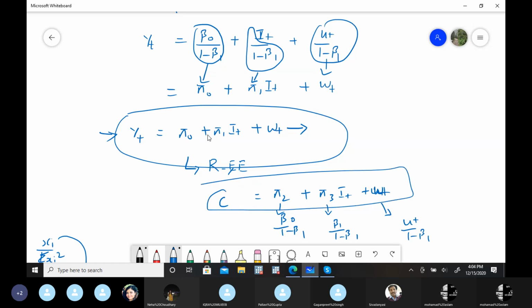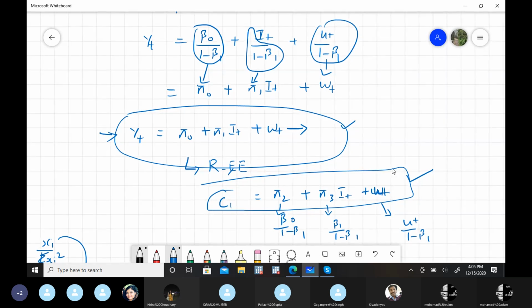In this I incorporated income, and in the other case I incorporated consumption in this particular form. So we have a dependent variable and only predetermined variables. So these are the reduced form equations. Now you can run OLS on this as well. If we run OLS on this equation, what will we get? The consumption function. If you run this, you will get this income and investment equation. Now you can run the regression on both separately.